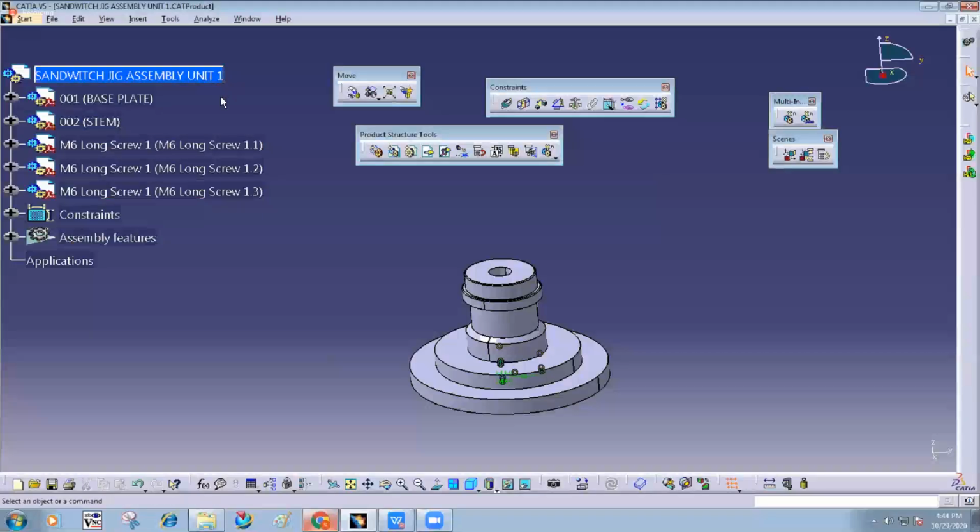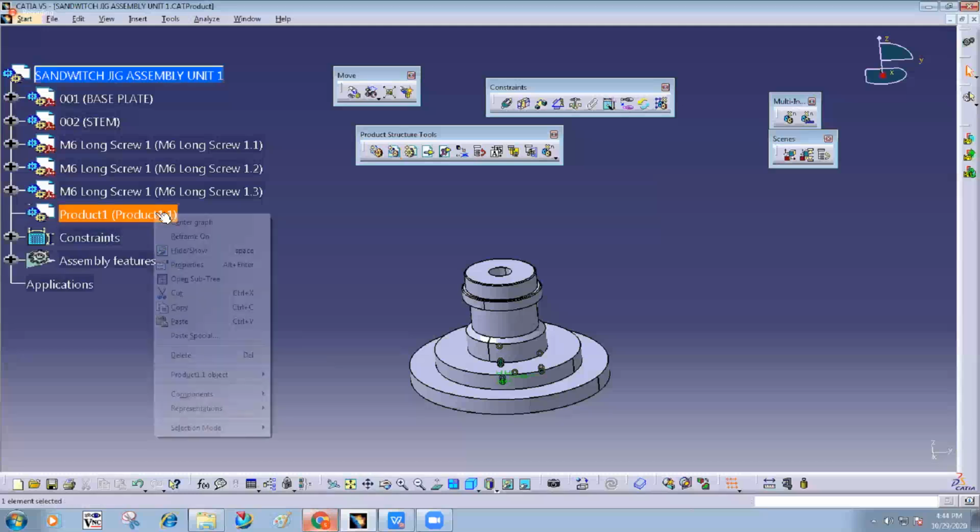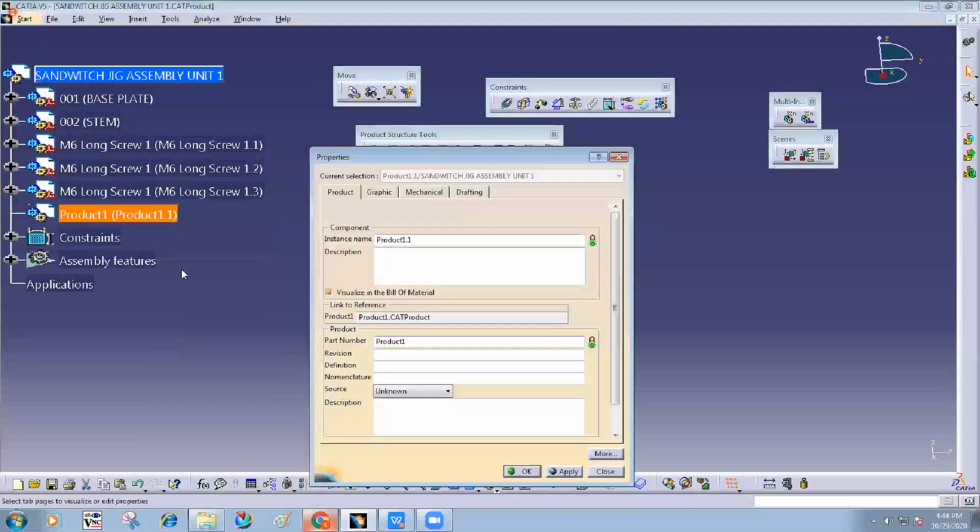So now see what to do. I'm doing the same thing. Simply select this product. Click over here. Product number 1 is created. Give the name here: Sandwich jig assembly unit 2.